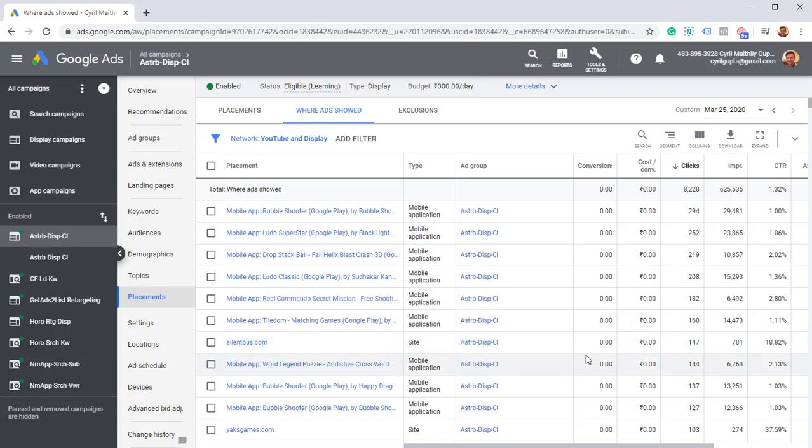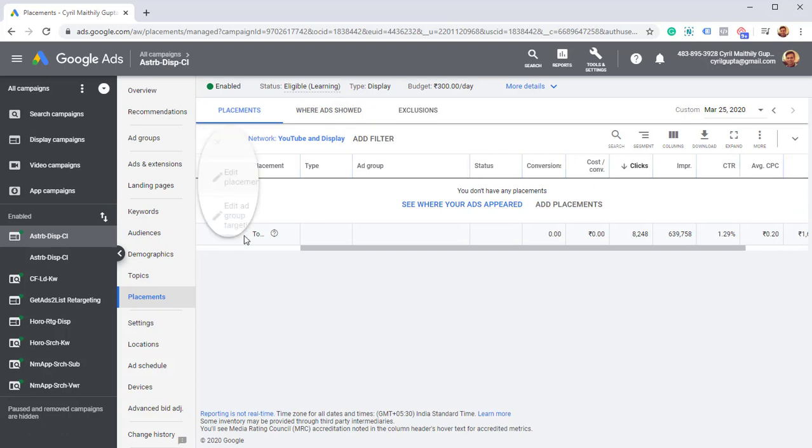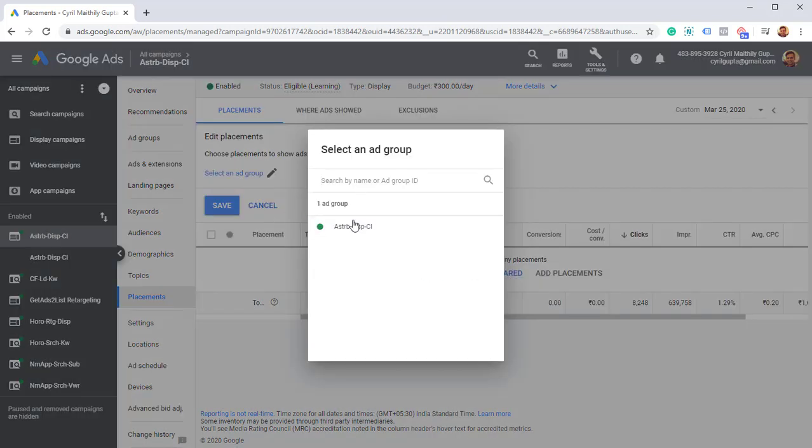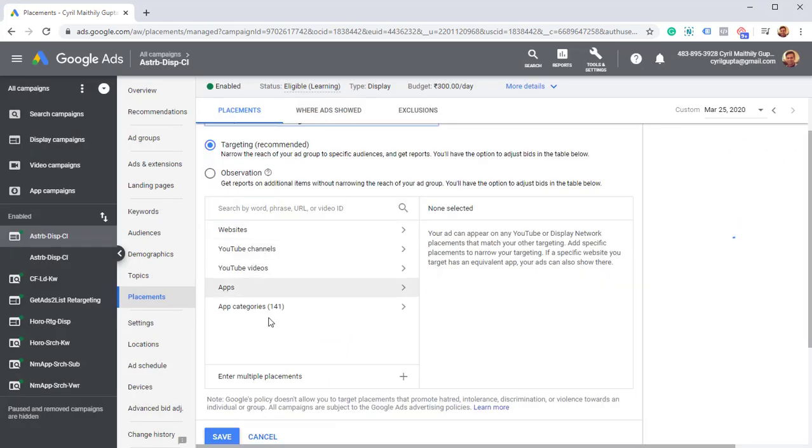Don't make custom affinity audiences. They're not going to help you. Also, I'm going to show you one more trick today in placements. When you go into placements, you can modify where you want to place your ad. So click on edit placement, select the ad group that you want to work with, and then in targeting, you